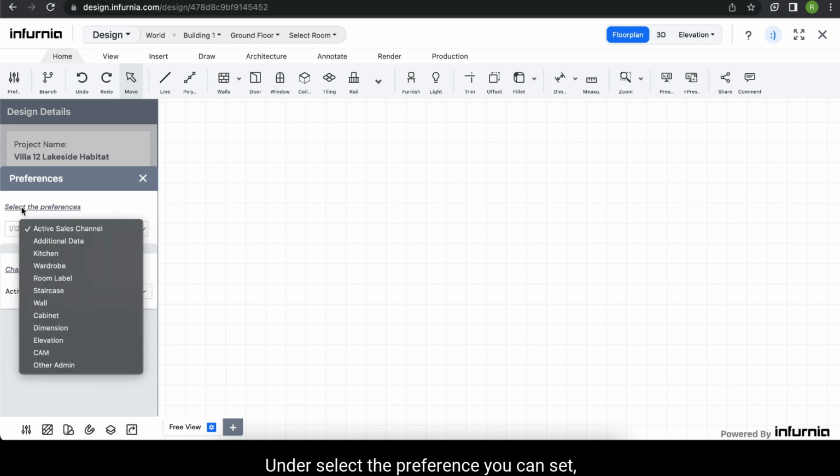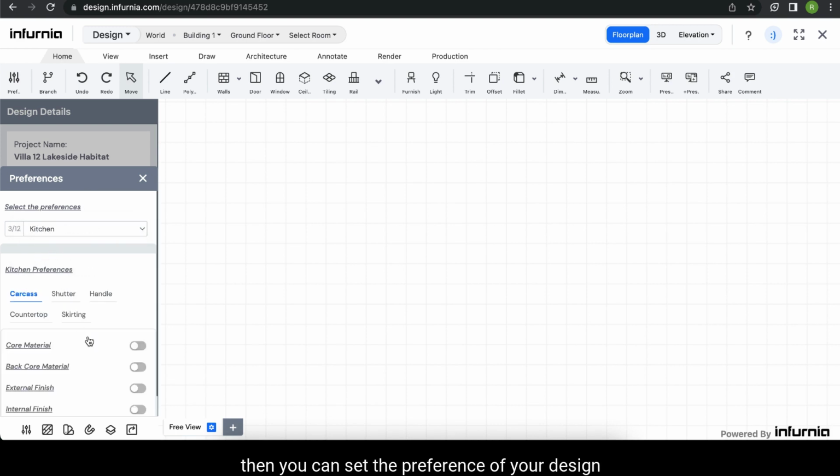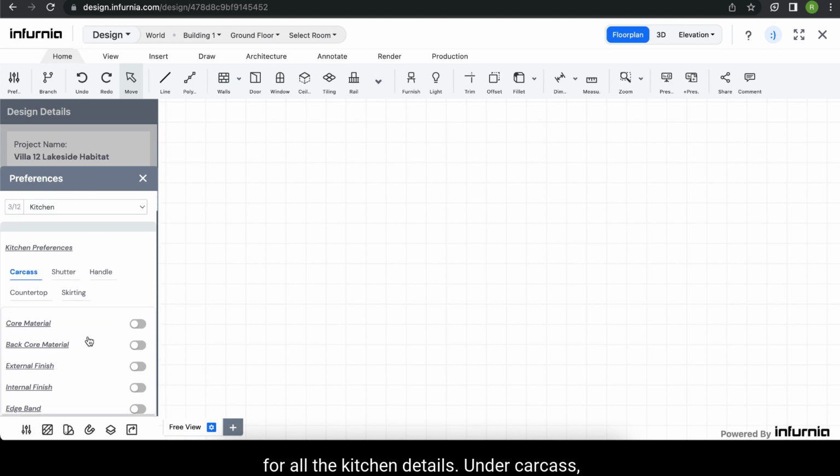Under select the preference, you can set in which area you want to make changes. Suppose if I select kitchen, then you can set the preference of your design for all the kitchen details. Under carcass, you'll get the option to set your core materials, the back core material, external finish, internal finish, and edge binding. For example, if you want to specify the core material, you can select the toggle option here,